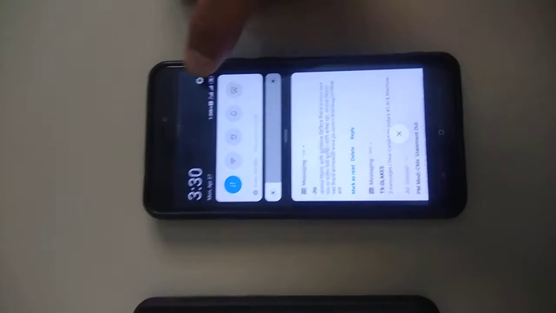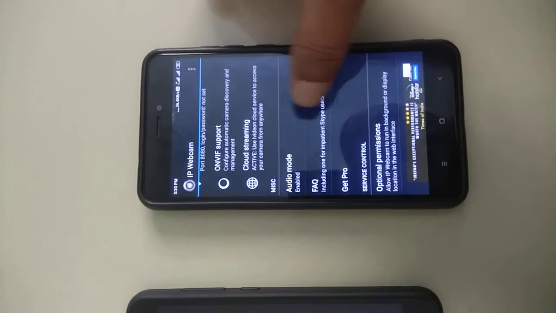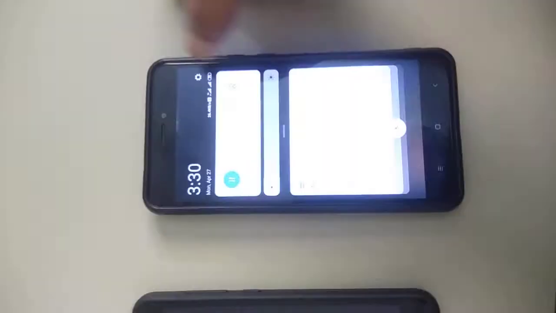Then we need to go to the settings, and then personal hotspot, and turn this on.